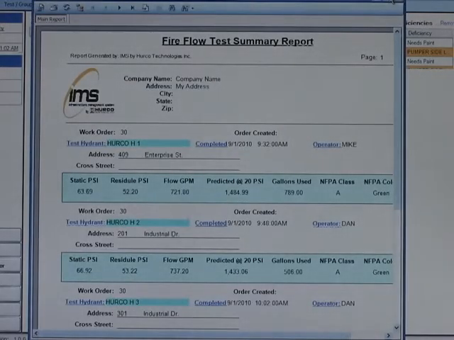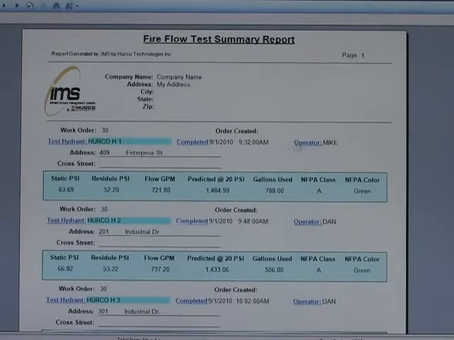And I'll get a report that looks like this that's going to give me some basic information on each of the tests. It's going to give me static pressure, residual pressure, gallons per minute, my predicted flow at 20 psi, gallons used, NFPA classification, and color. So it's just a quick overview. If I want to look at a more detailed report,